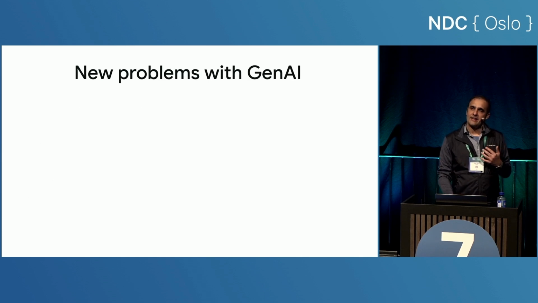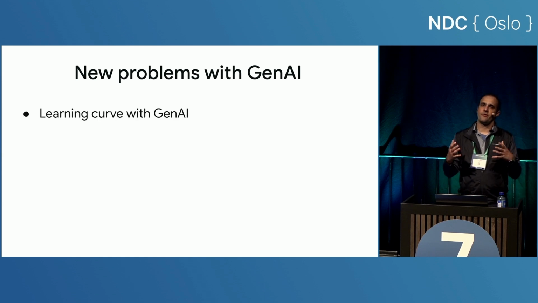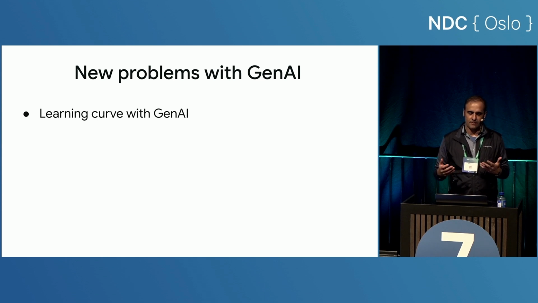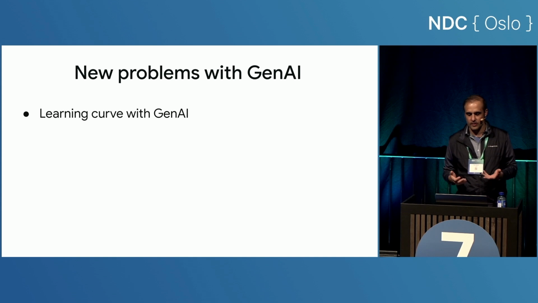But with GenAI, we now have new problems. First of all, the learning curve. Being software engineers, we are used to our tools and our languages and stuff like that. But with GenAI, you're entering a new landscape where you have different models, different platforms, different frameworks, and you need to figure it out. Like, well, what do I use? Can I use C# here? Can I use this model? Or for image generation, which model should I use? Or should I use Gemini Nano or Gemini Ultra? So there are a lot of things you need to figure out, and there's a little bit of a learning curve there.